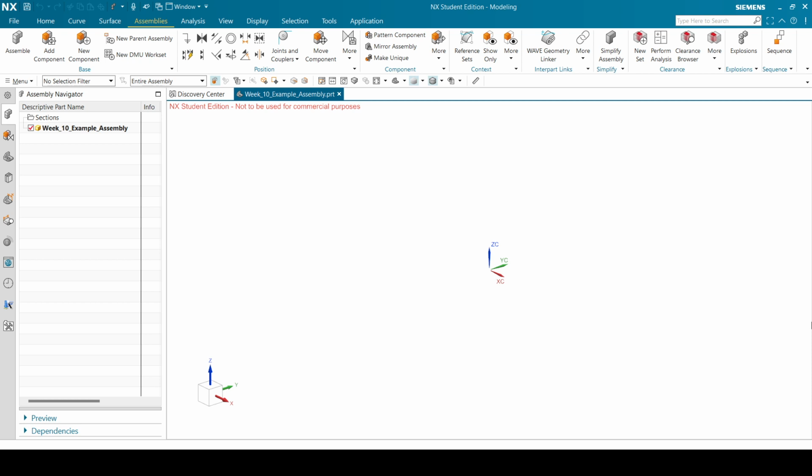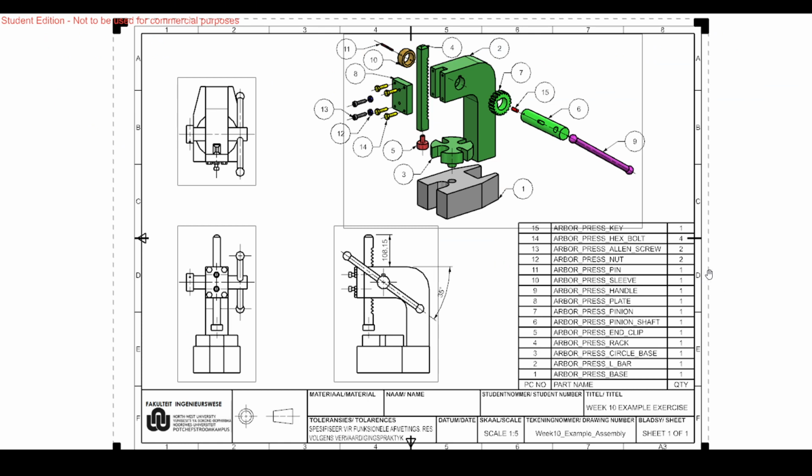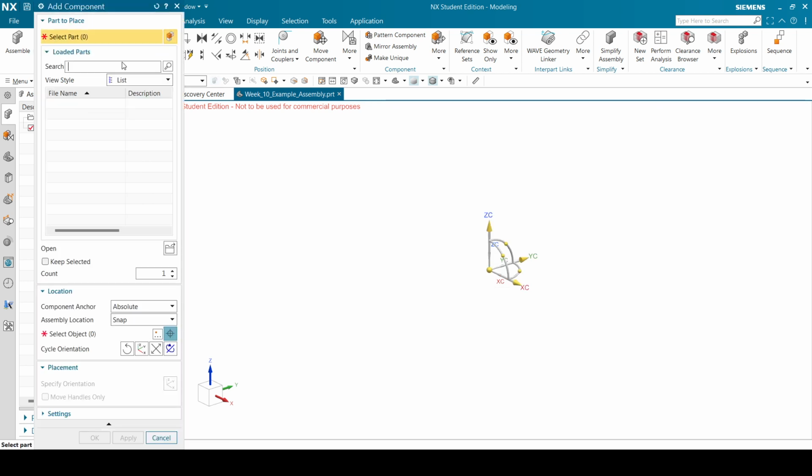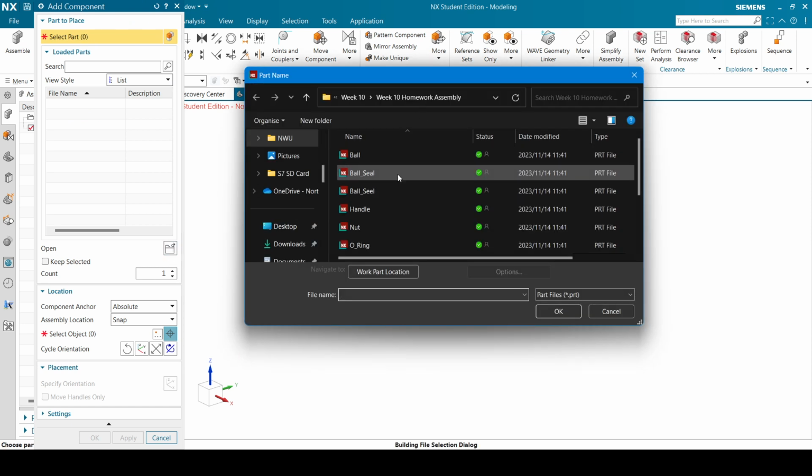So for this week, we're going to be making this arbor press. It's a bunch of parts, looks quite complex, but actually it is very simple. So let's get started. I already created the assembly, so I'm going to pull in all my components real quick. So add component, then I'm going to say open, and it's already in the correct